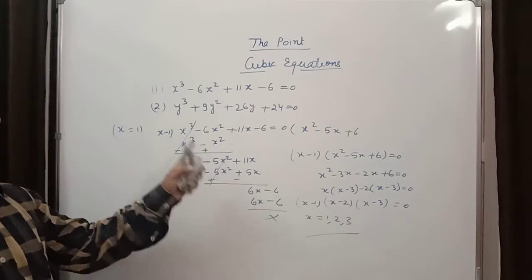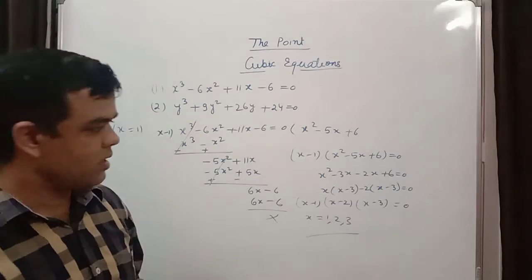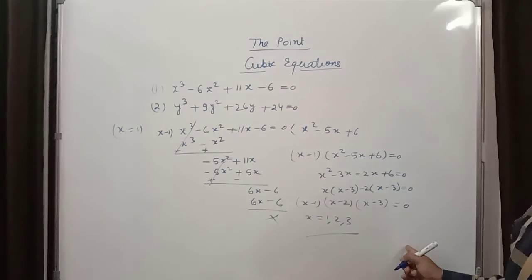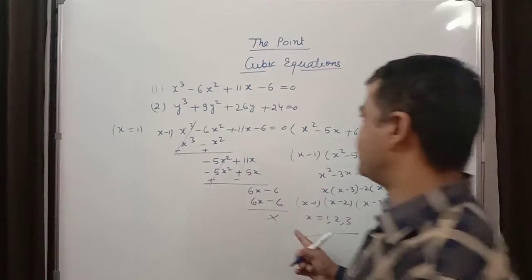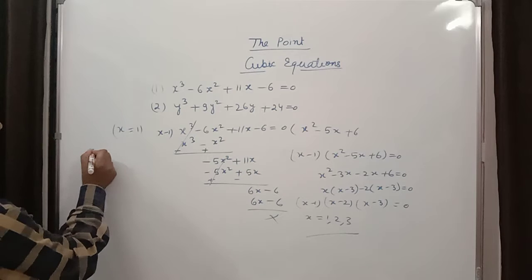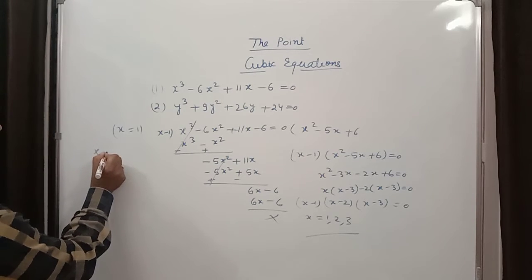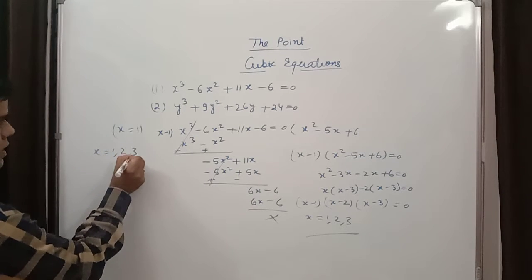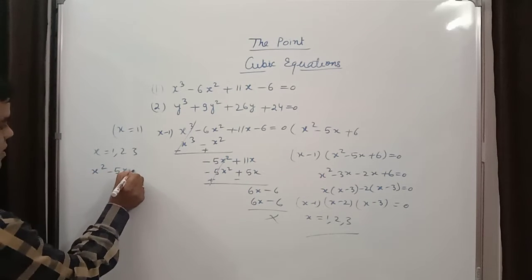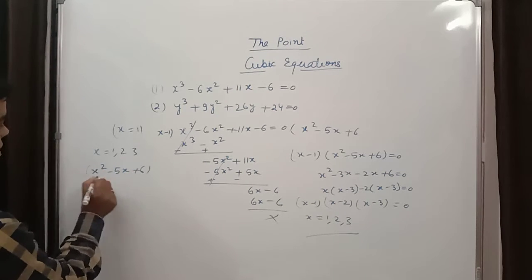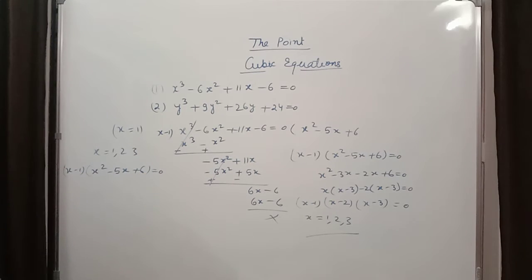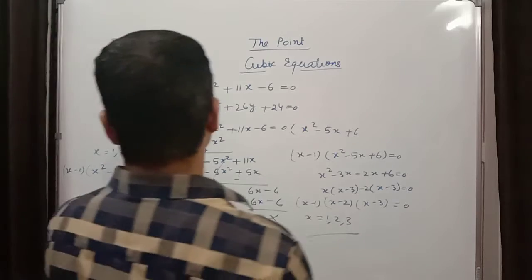Same way I will solve this equation. If you want to take down this, you note down this because I have to rub it. There is no space on the board. I have to rub it. Then I will solve this equation. So the roots of x are 1, 2, 3 and the equation has come x square minus 5x plus 6 equal to 0. This is the quadratic equation. Okay. So now I can rub it.